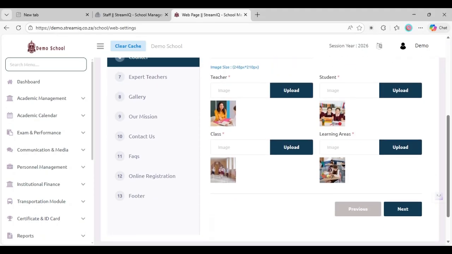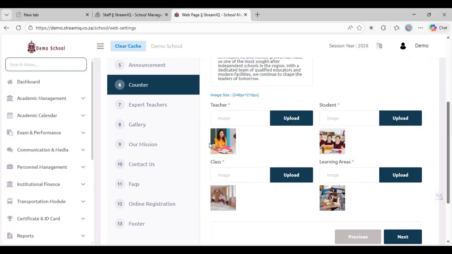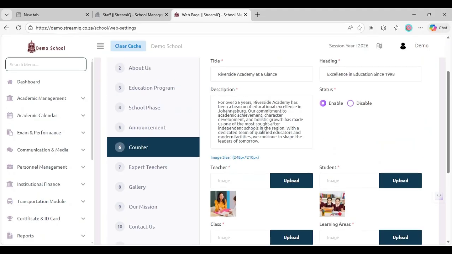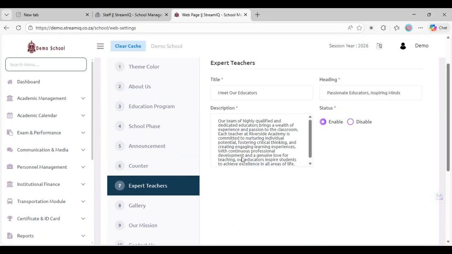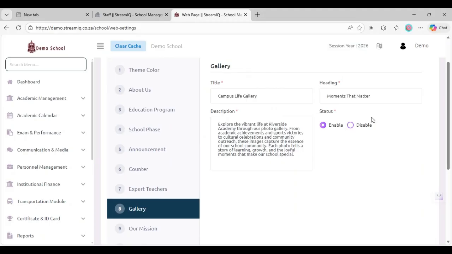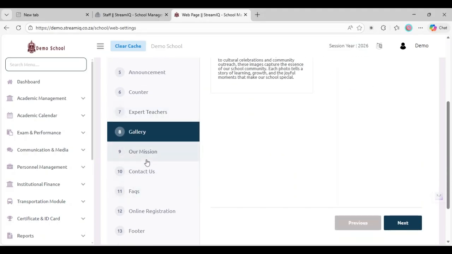This is where you get to showcase the number of teachers, students, classes, and learning areas. Write your description, title, heading, choose to enable or disable. Expert teachers, this is where you get to showcase your teachers. And you can choose to disable or enable this. Gallery, same thing. Mission,